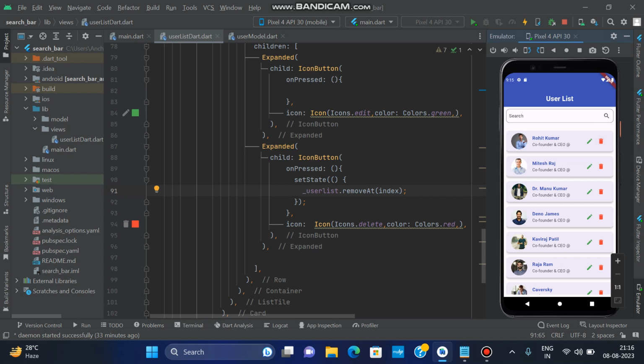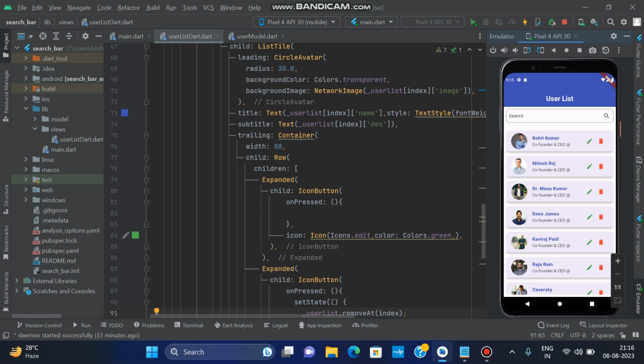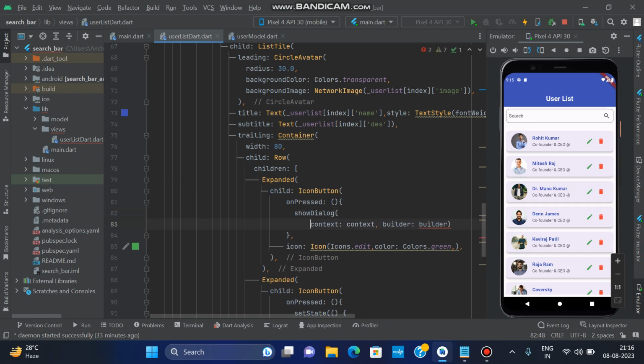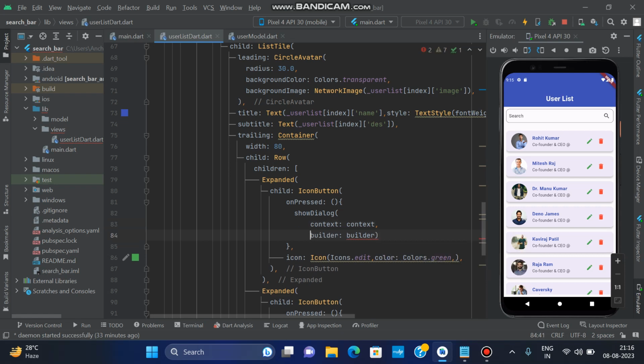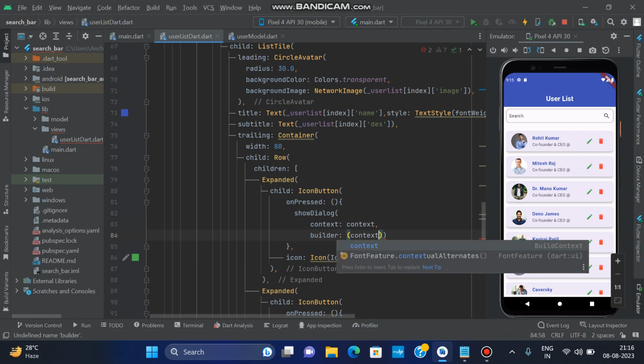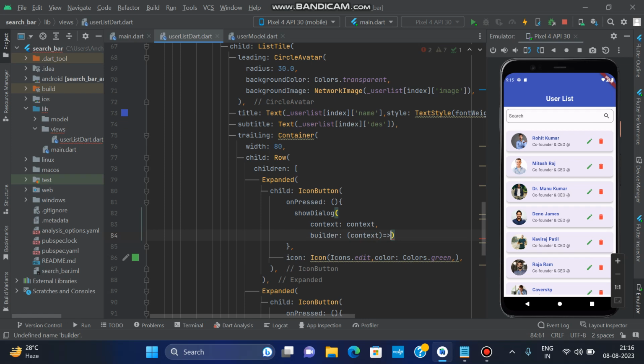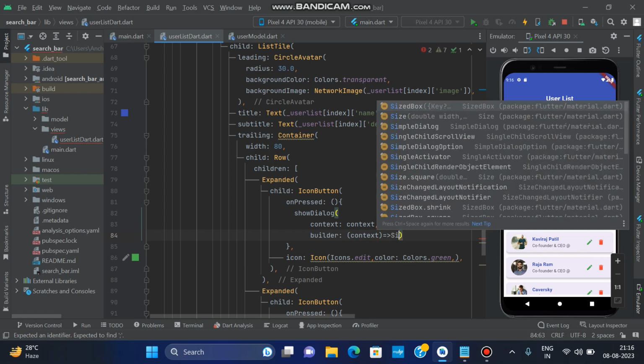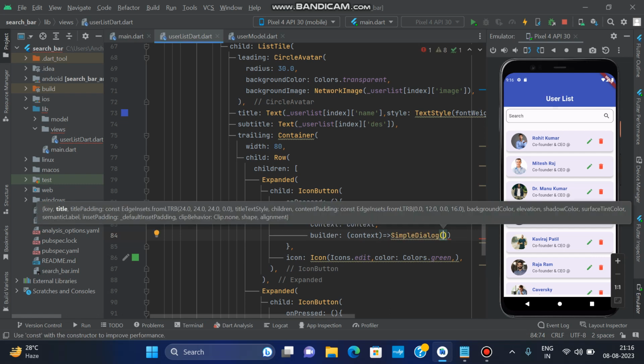So now we have to add the edit button. For edit we want a text field. So what we do, we want the text field in a dialog box. So we use show dialog. In show dialog we have a context and builder. In builder we have context and an anonymous function,